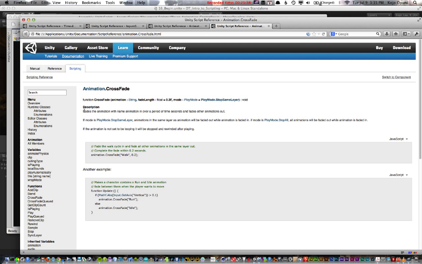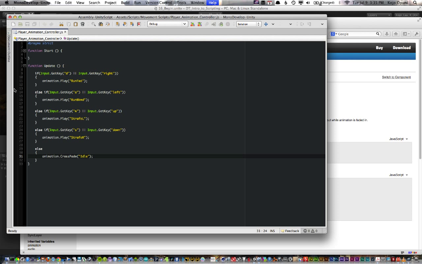The description says it fades the animation with the name over a period of time and fades other animations out. So basically, the crossfade smooths out the animation, smooths out the movement. When it transitions from right to idle, or up, it's a smooth transition. So you want to put the crossfade in as the default if none of these buttons are being pressed. Once that is saved,